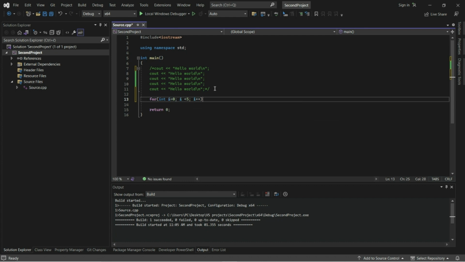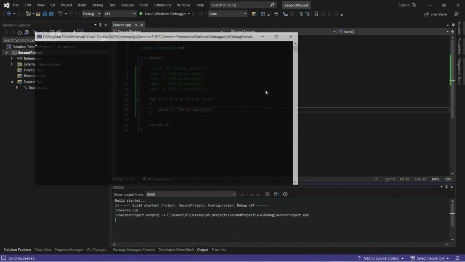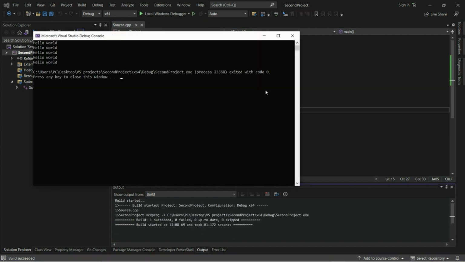And I will use increment operator. And then I'll need to add block of code that will be executed after each iteration. And then I will just copy this code. Let's run this code. And as you can see, the text is also printed 5 times.